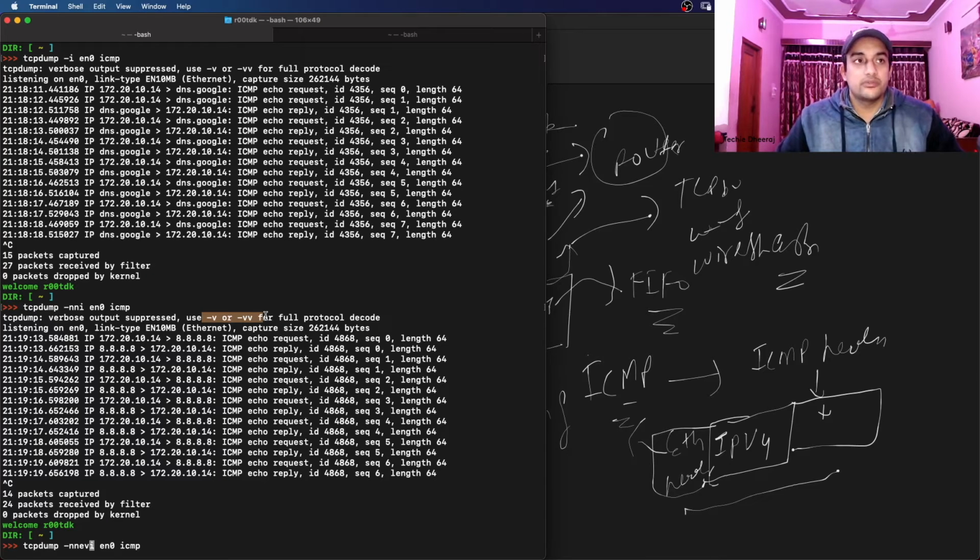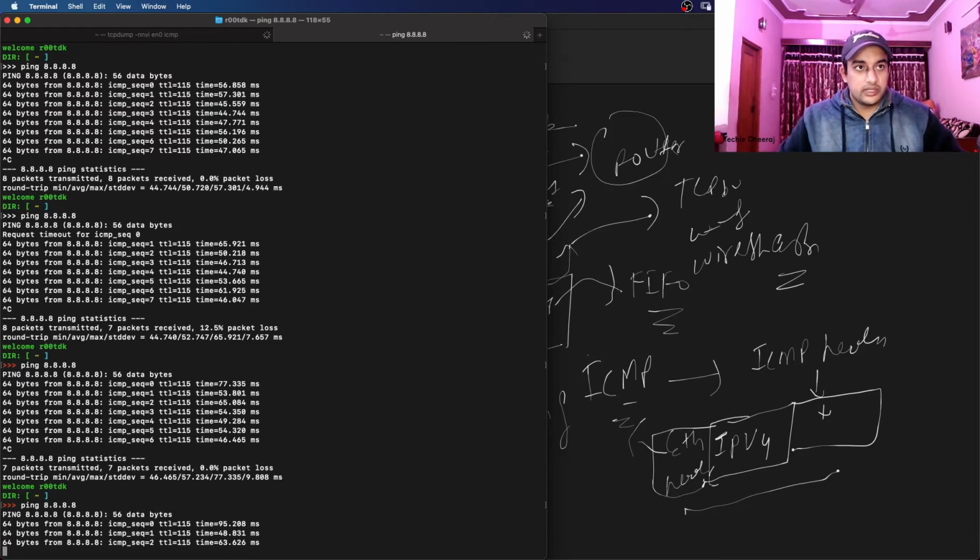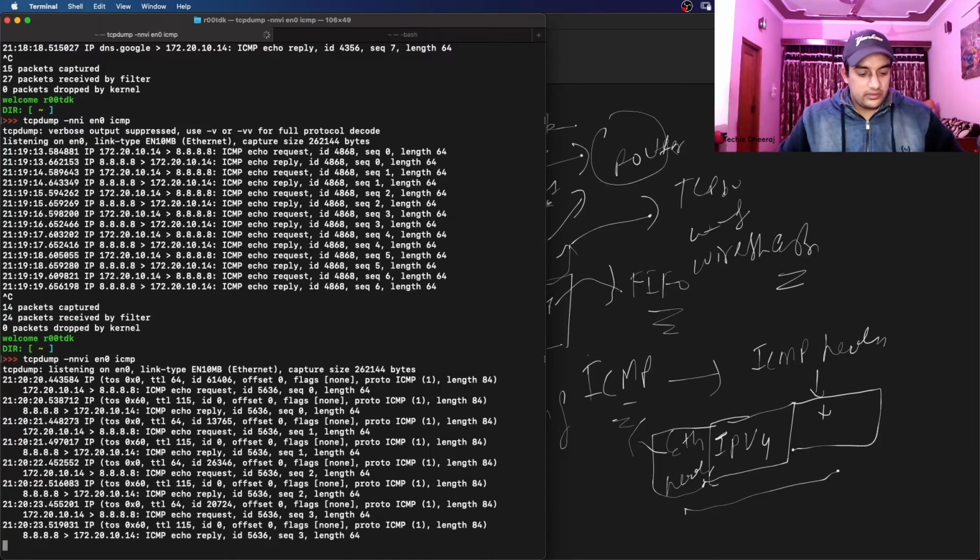If I put -e and let's put -v for now, and then ping, let's just ping 3 packets. Okay, now you see there are some extra fields. Earlier we were just able to see the source IP and destination IP, but here we are able to see some more fields like TTL and ID. At every packet, we are able to see one more detail. So this is about the packet detail, how verbose this is.